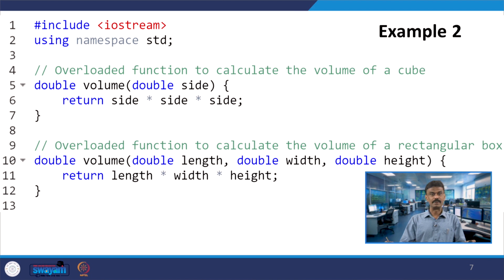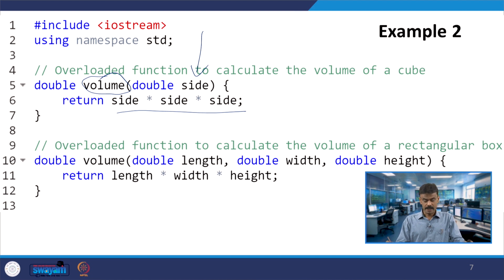Maybe one more example we can see, right, so that the concept will be still clear. So, here I use volume. The last program we used area, let us assume volume. Here you have double side, only one argument, and it will return side into side into side, a cube.